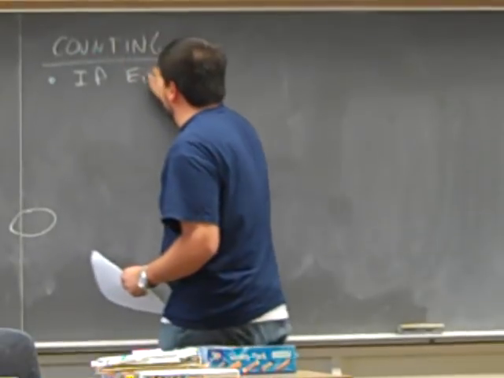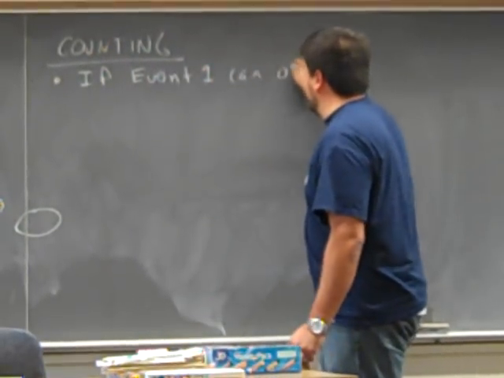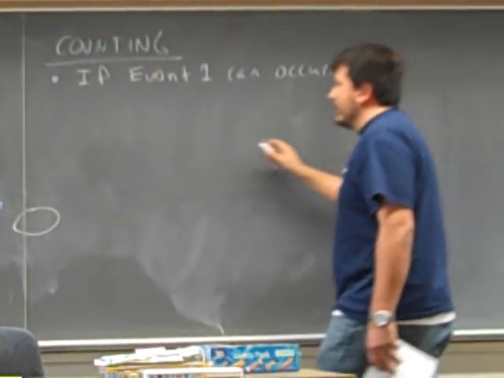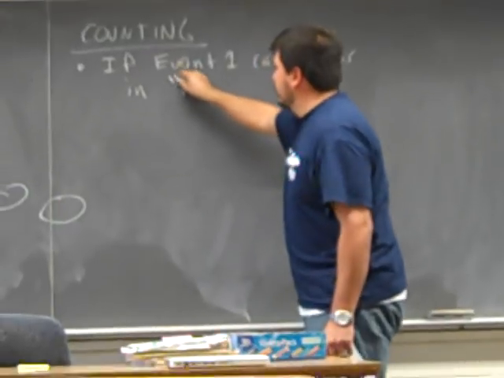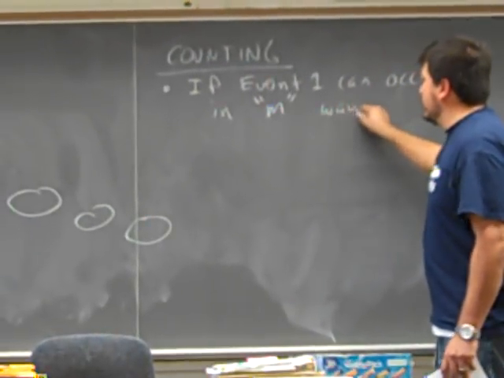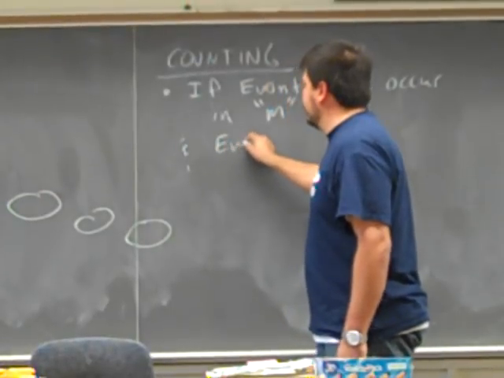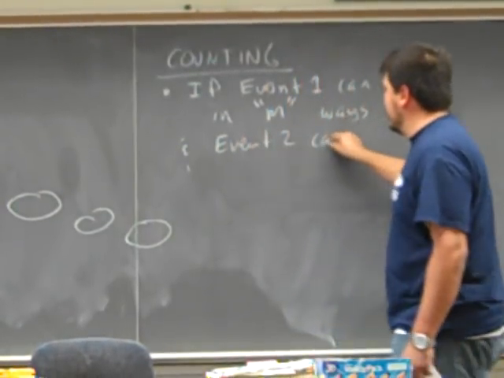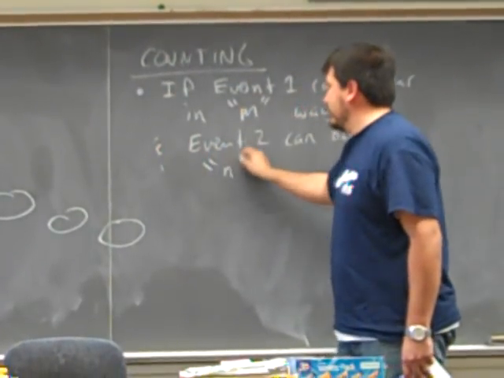If event 1 can occur in, let's say, m ways, and event 2 can occur in n ways,